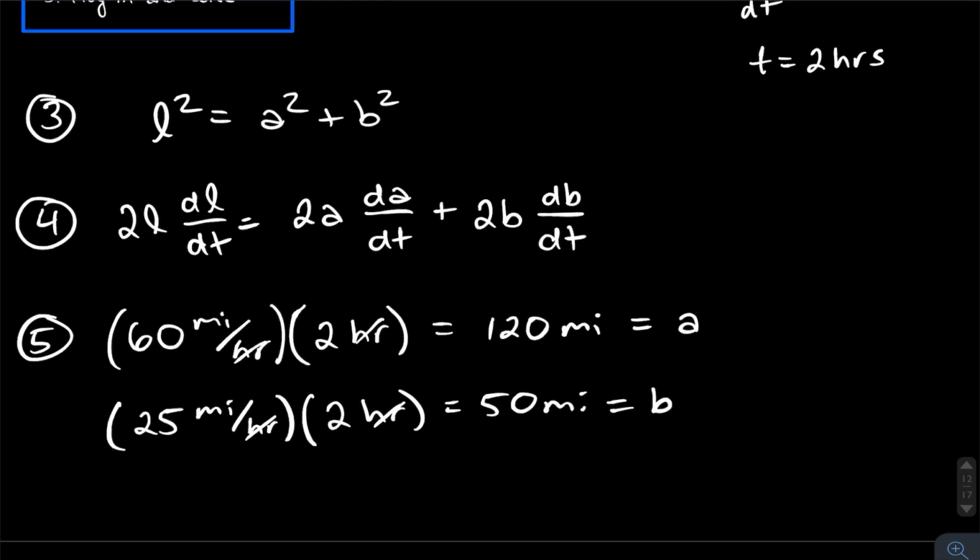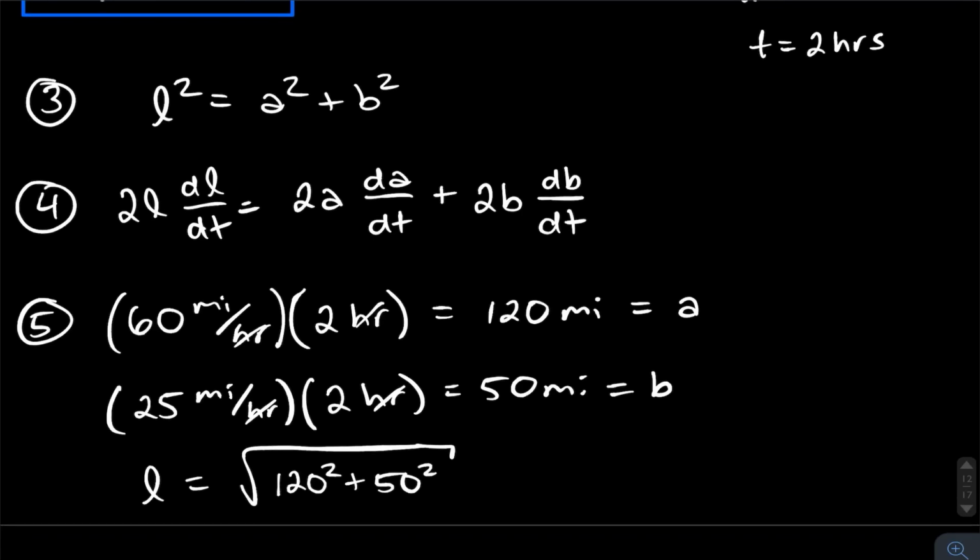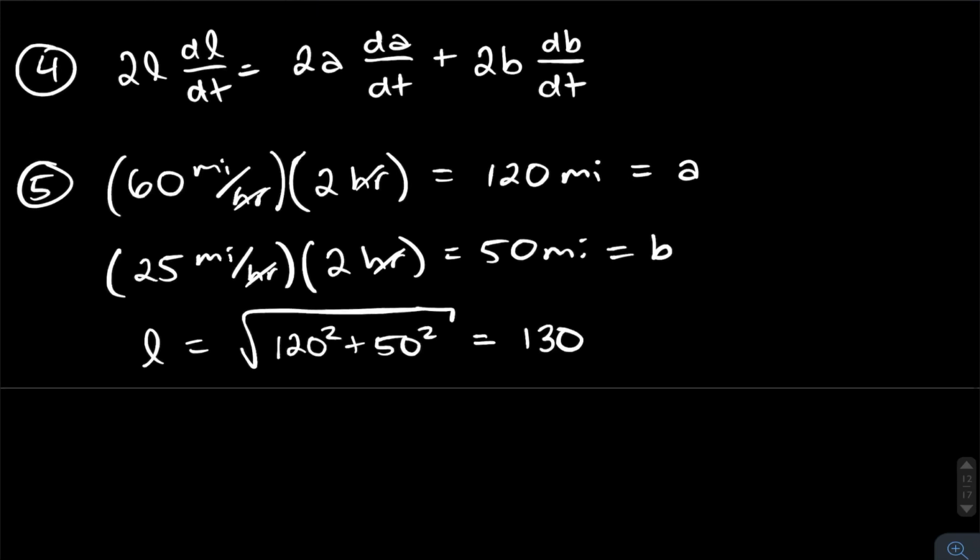Pythagorean theorem. We can get that L is equal to the square root of A squared plus B squared, right? So the square root of 120 squared plus 50 squared, and that's going to equal 130. I guess I kind of just lost my notation here, or my units, so whatever. But yeah, so now we get 130 there, and we can solve for dL/dt right here. So we do 2, I'm just copying from this, right? 2 times L, which is 130, dL/dt